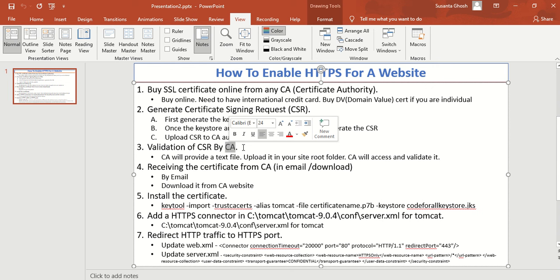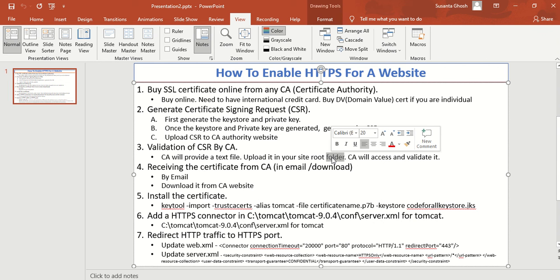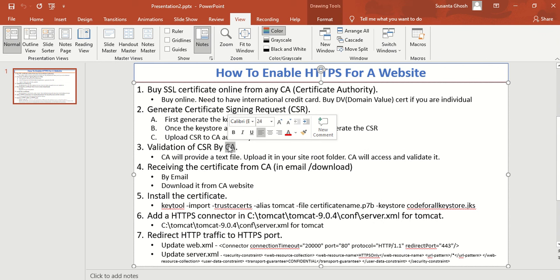Then you need to upload that text file into your website root folder, and then the CA will try to access that text file through an HTTP URL, and if it can be accessed by the CA, then they will know that you are the owner of that domain, that server.